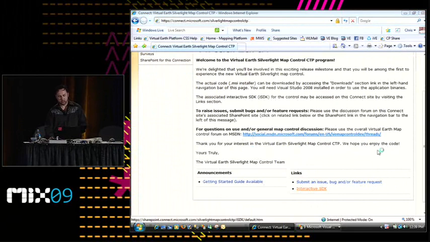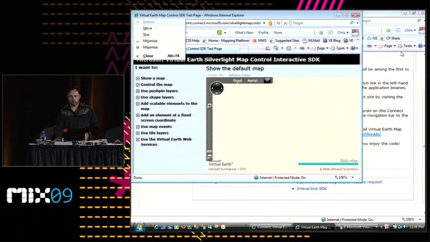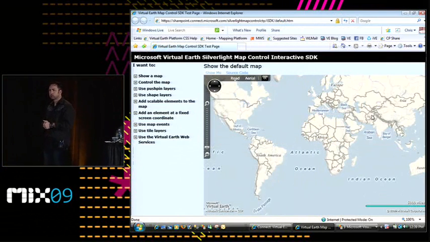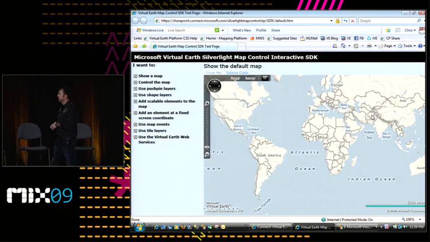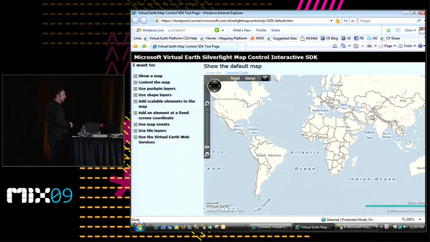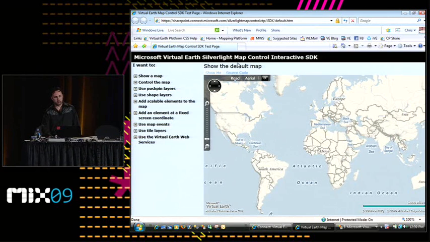Once you get in here, you'll see all of this. So what you will do today, you will log in, and you will download a DLL, and you will download a CHM file, which is the SDK. Okay? And you also have access to our interactive SDK, which I'll go through in detail in a second, but